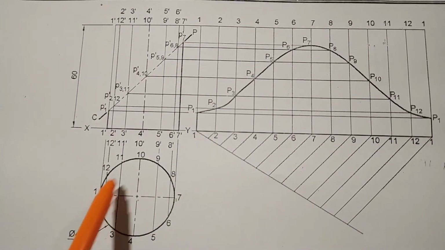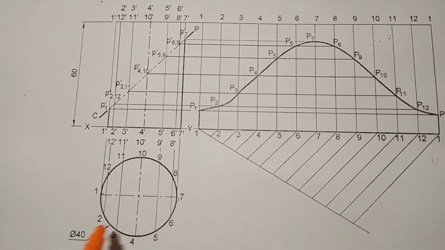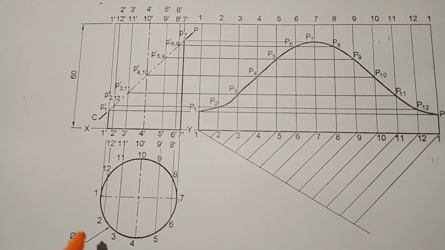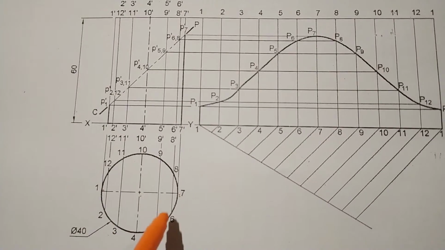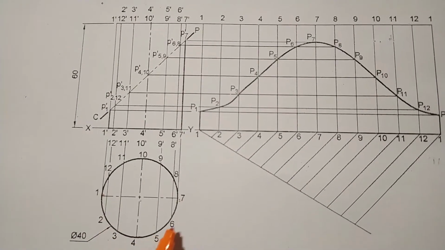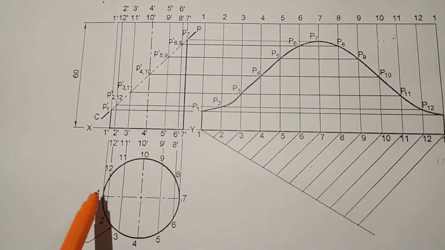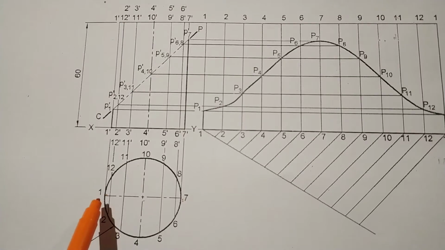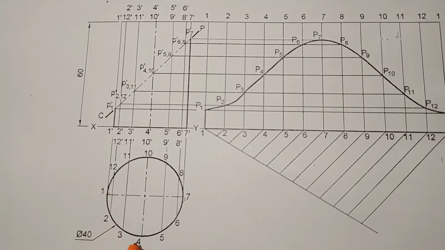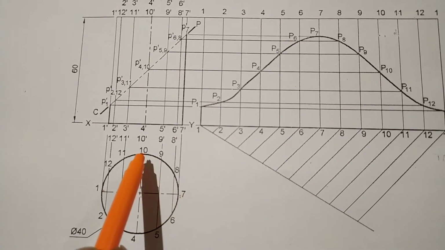At these four corners, you have to take the compass and mark on either side. We will obtain 12 points: 1, 2, 3, 4, 5, 6, 7, 8, 9, 10, 11, 12. That is 1, 1, the top face as well as the bottom face. Then 2, 2, 3, 3, 4, 4, 5, 5, 6, 6, 7, 7, 8, 8, 9, 9, 10, 10.